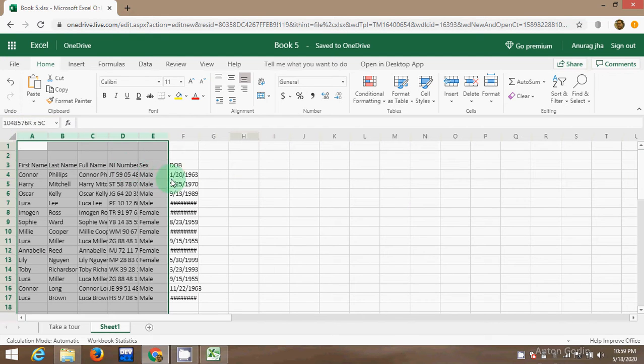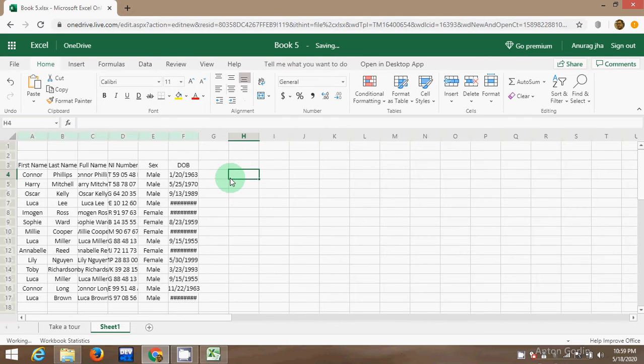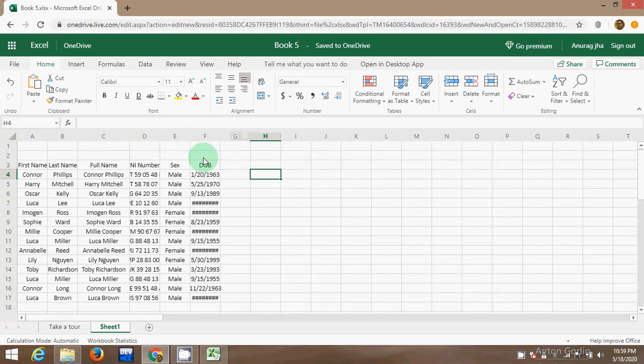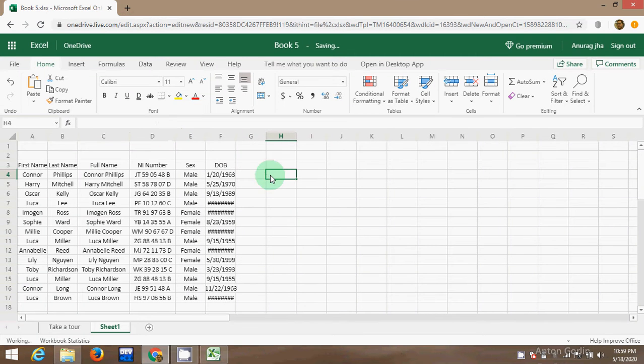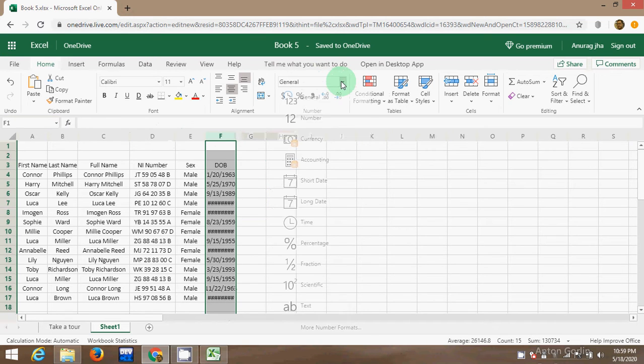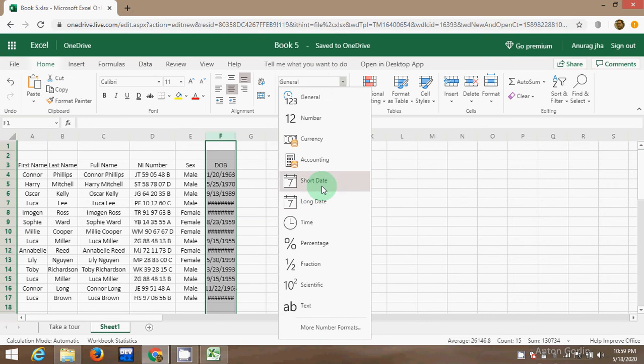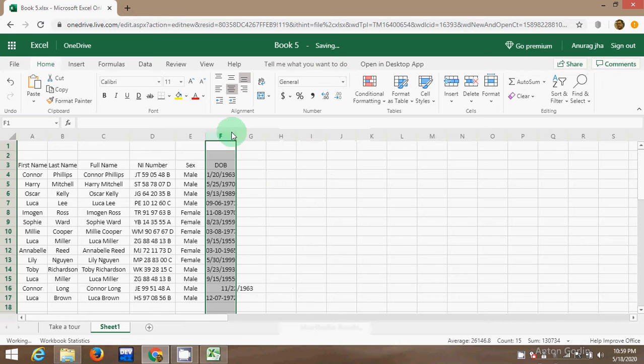So I'll just center all of these. Basically the mesh is too large, so I changed this format to short date. Now you can see that the date of birth appears.